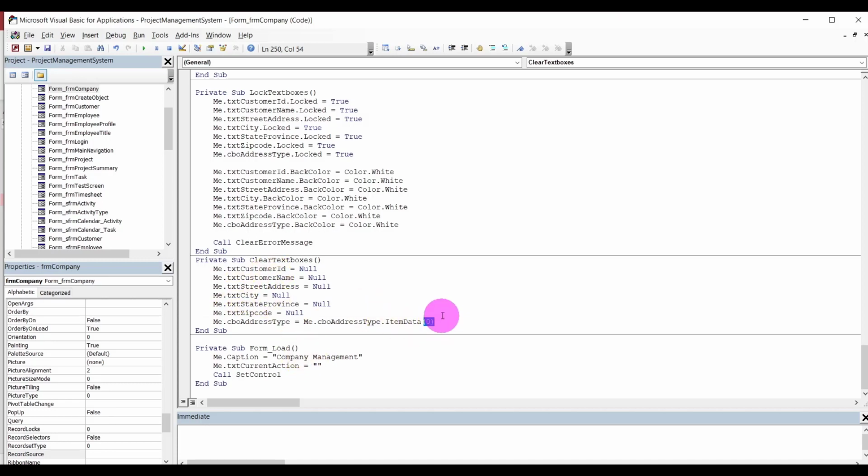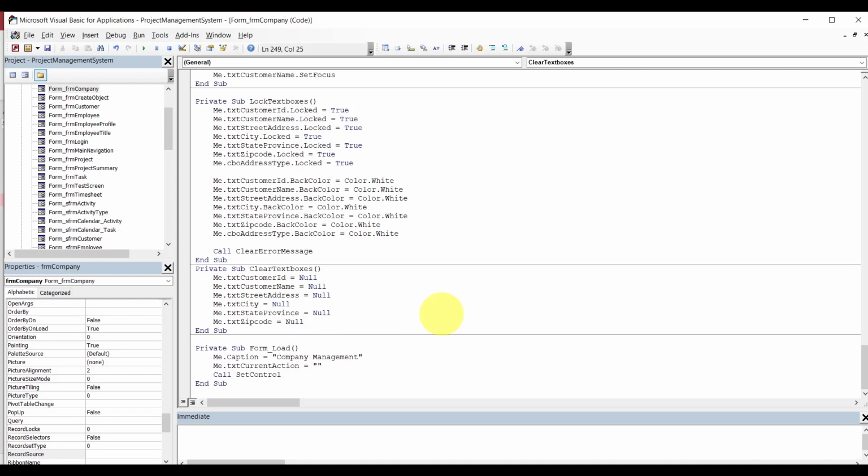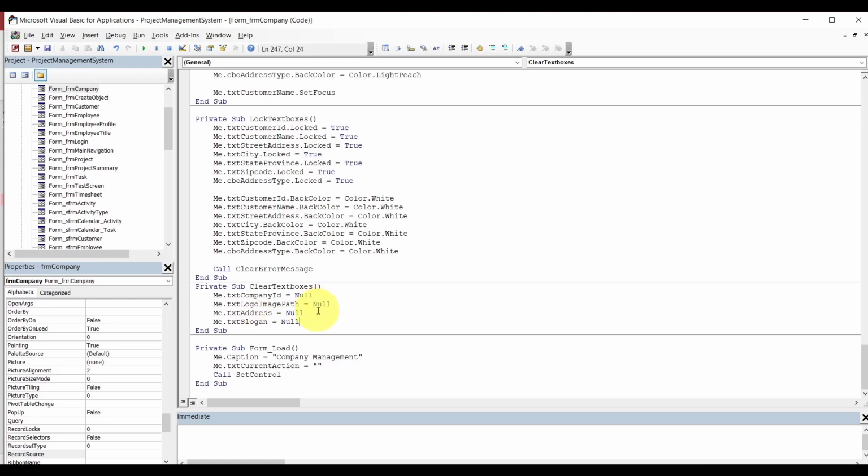We don't have the drop down list, but let's change this guy to company ID. I'm gonna keep the logo stuff together, and this one, all I'm going to do is remove the street, and then here will be slogan. Oops. And then the rest just like that. All right,